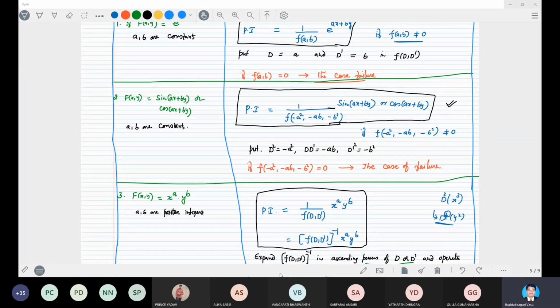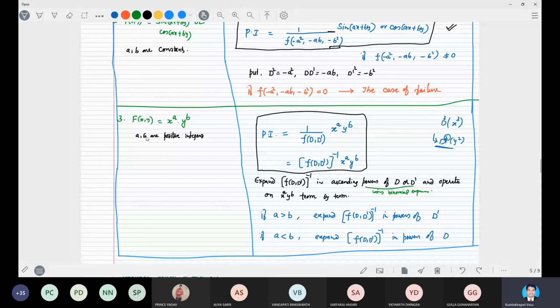Hello, dear students. So now where the denominator is equal to 0, it is a case of failure. Then again, if f(x, y) is equal to x power a into y power b, a, b are constants, then particular integral is 1 by f(D, D') x power a into y power b. This 1 by